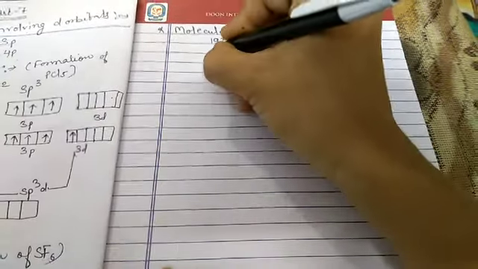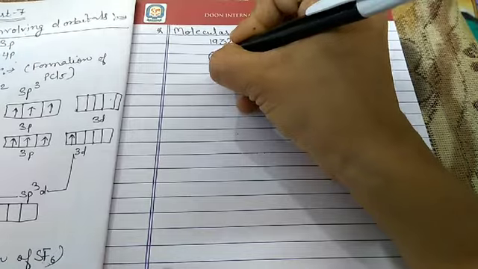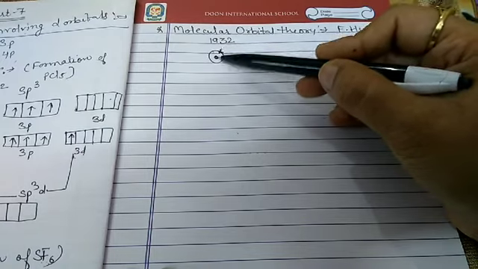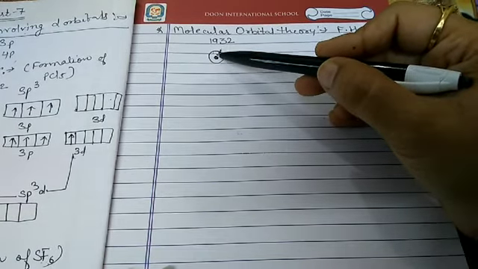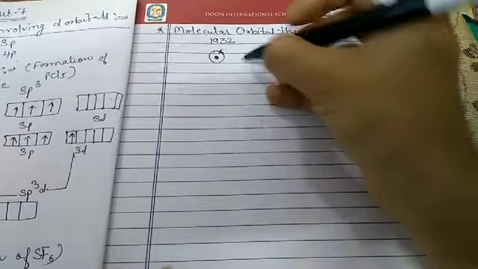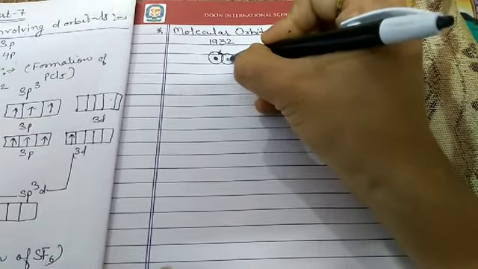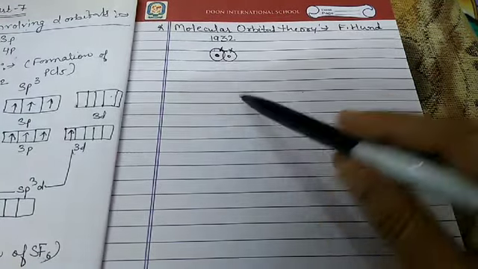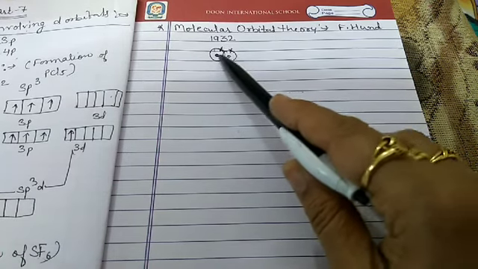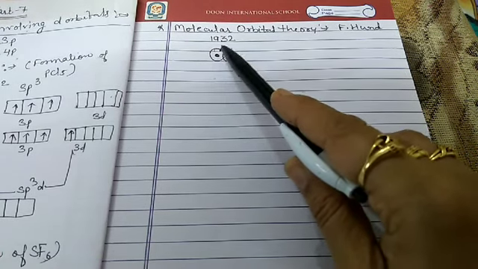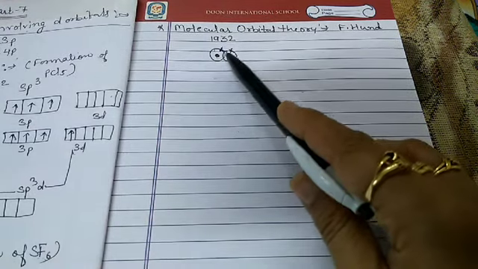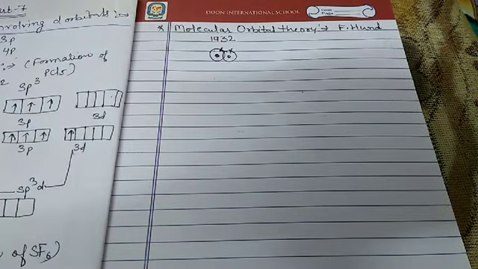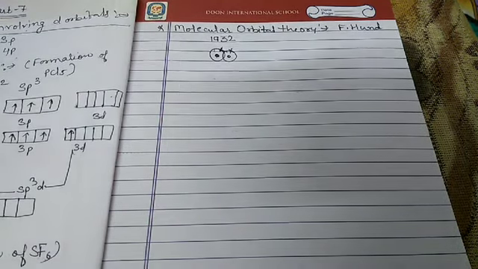Now the third one is, while an electron in an atomic orbital is influenced by one nucleus. For example, this is an atom, this is the nucleus, and this one is the electron. So this electron is influenced by only one nucleus. But if we are talking about the molecule, how is the molecule formed? When two atoms are combined together. So in case of a molecule, the electrons are influenced by two nuclei. In case of an atom, the electron is influenced by only one nucleus, but in case of a molecule, the electrons are influenced by two nuclei. This is the next salient feature.